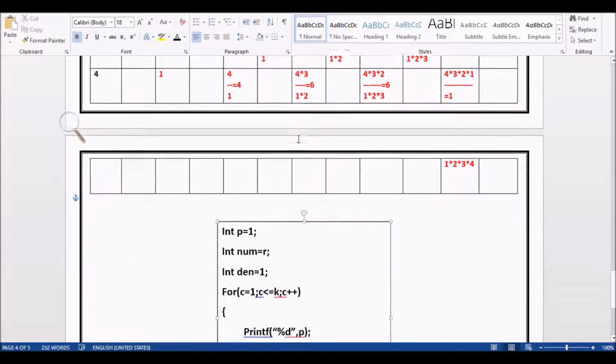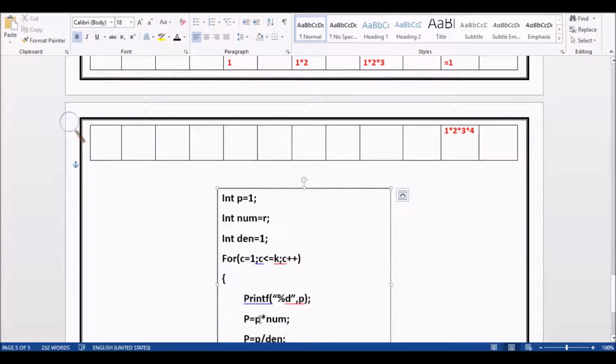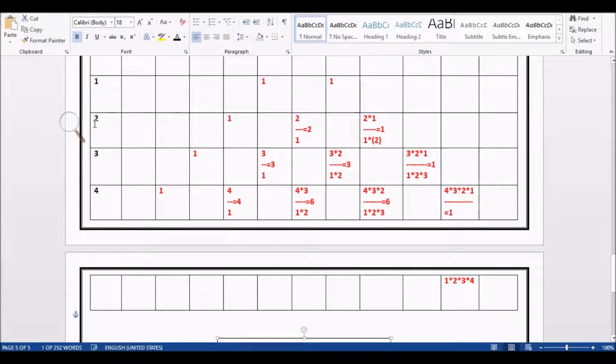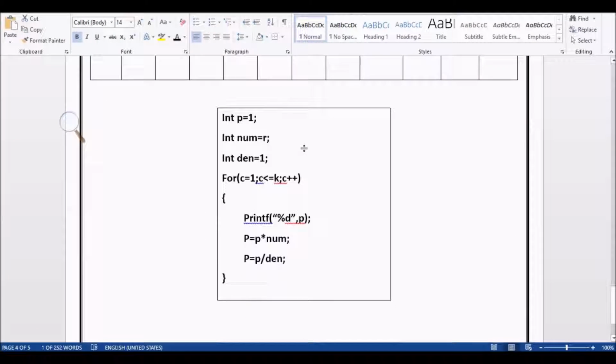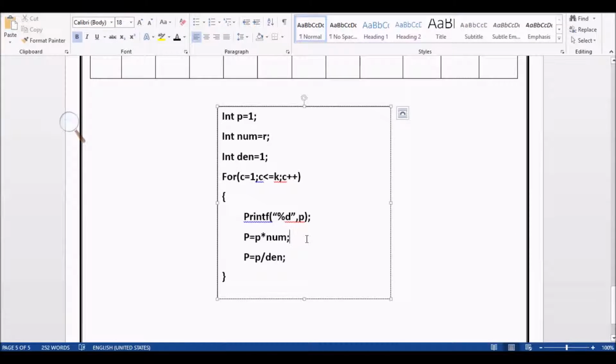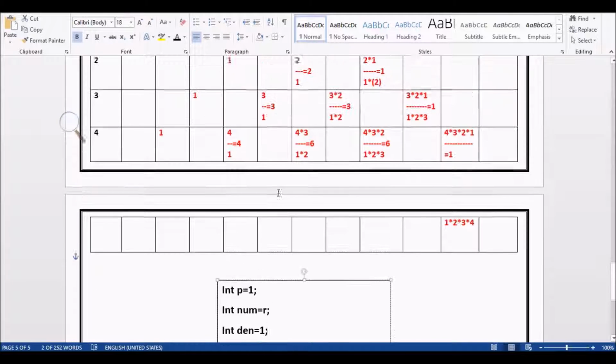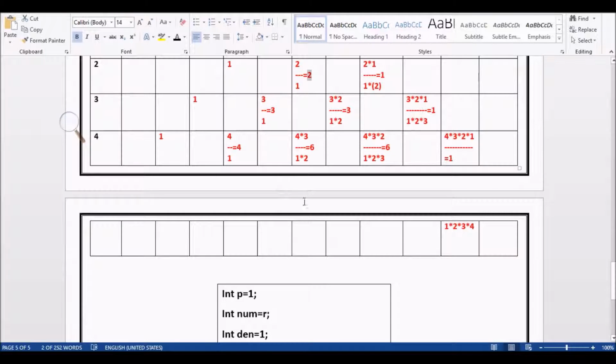So see here, I want to print p. Here the p value is 1 and it is multiplied with the numerator. Here the numerator value is 2. Okay, so this output will be 2, and here this output will be 1 divided by 1, that is going to be 1. So total 2 divided by 1, that is going to be 2.